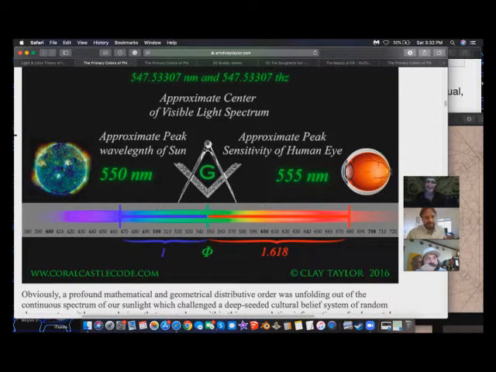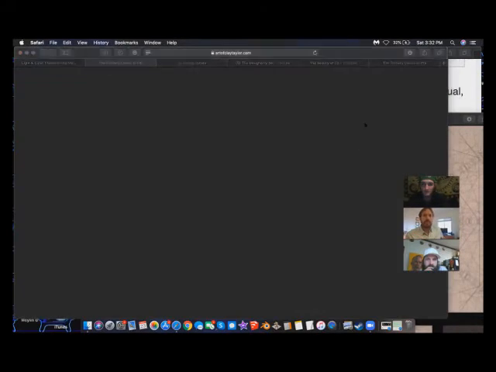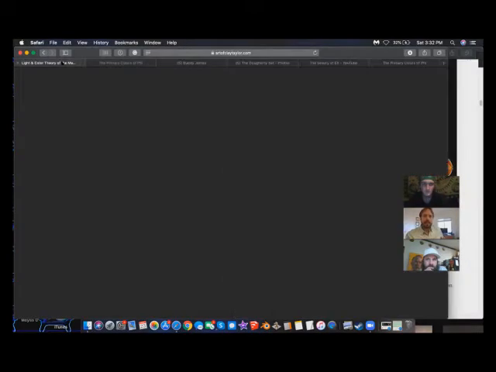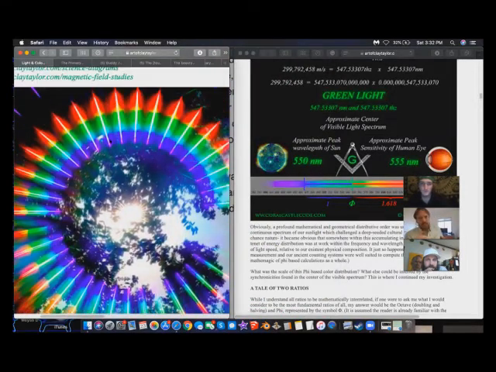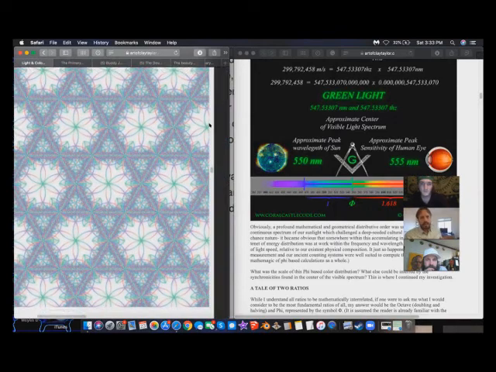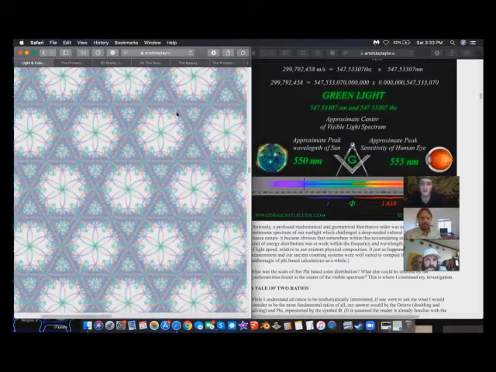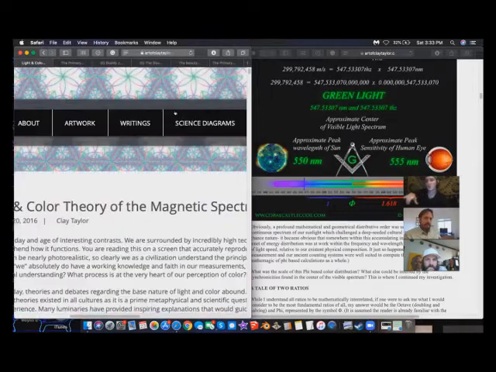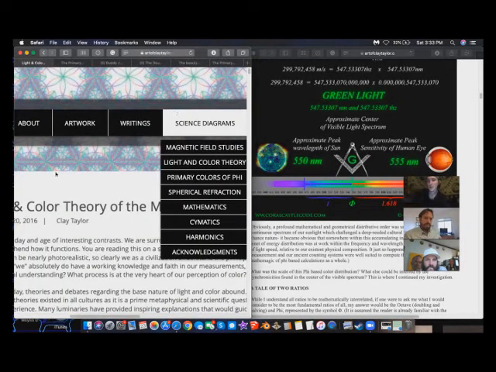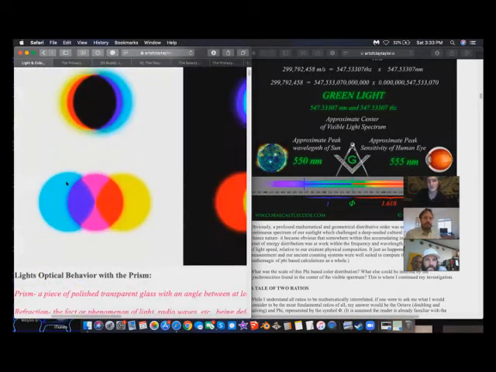And by the time you get down to sea level, as I recall, it was even closer, because there's more and more absorption that happens on the planet the further you get down into sea level. Actually, that diagram you were talking about, buddy, on the other article, the primary colors of Phi article, the first image, describes that process, from infrared to the primary colors of Phi. I think you already have it open in another screen.